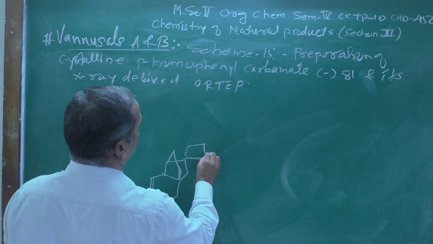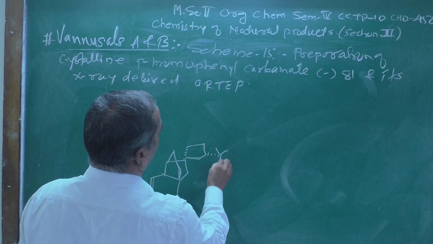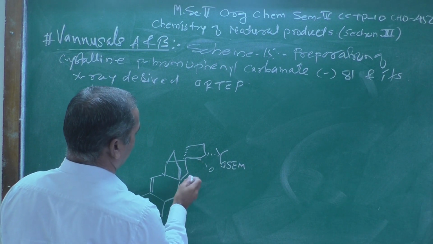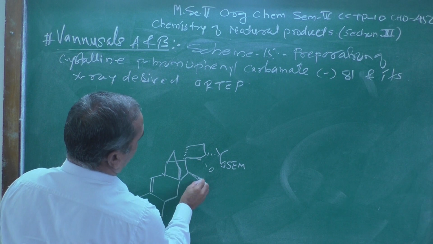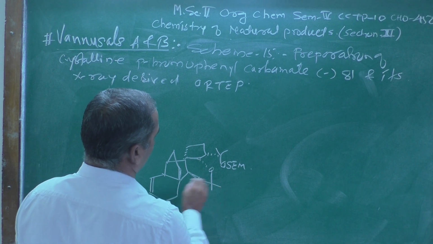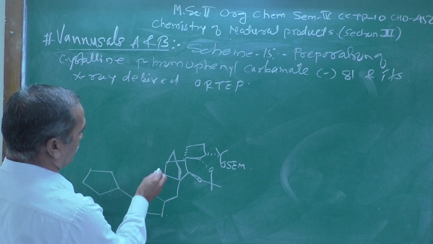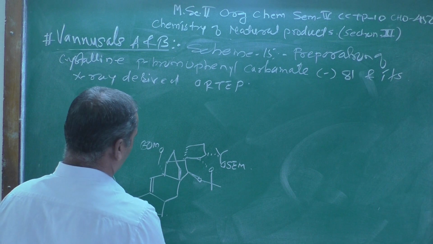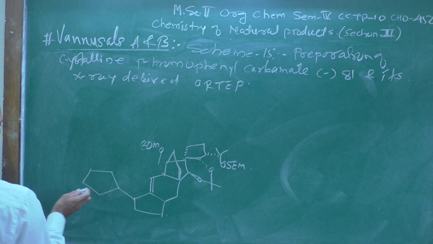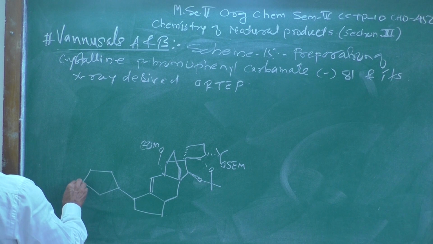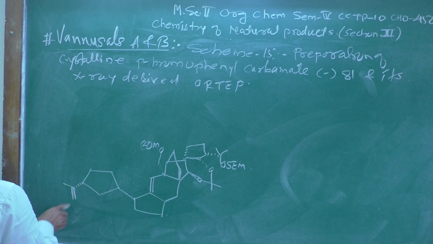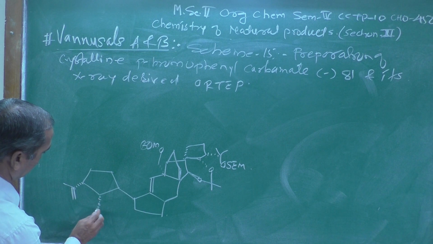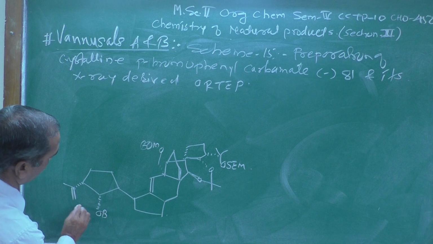This is a 5-membered ring. Then there will be an OSEM, and here the 1,3 hydroxy groups are protected like this. And now here, as we know, there is a BOM group. And now coming back to our A ring, which possesses an isopropylidene group as well as a protected